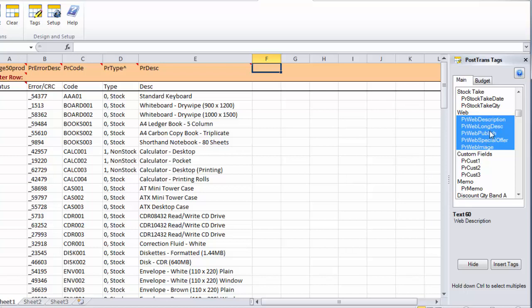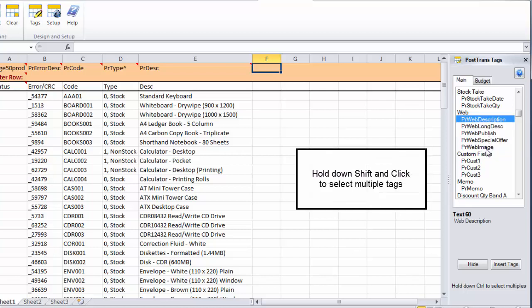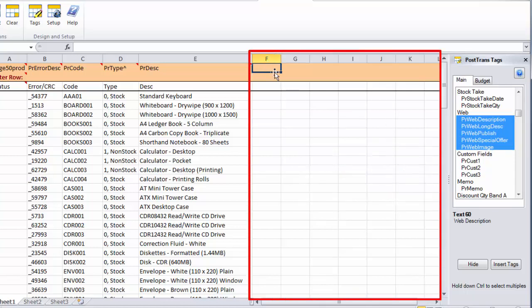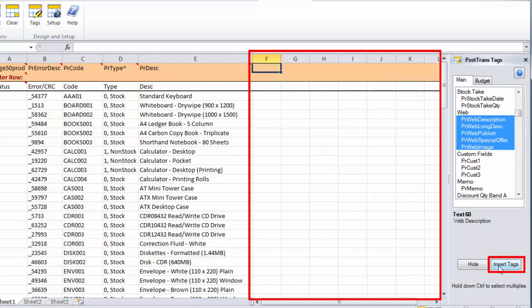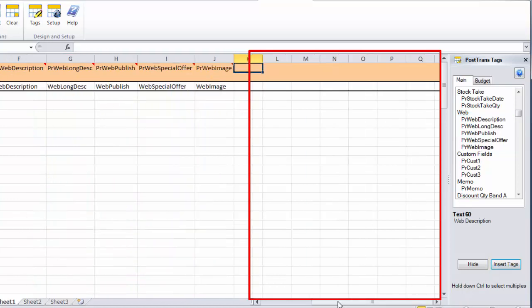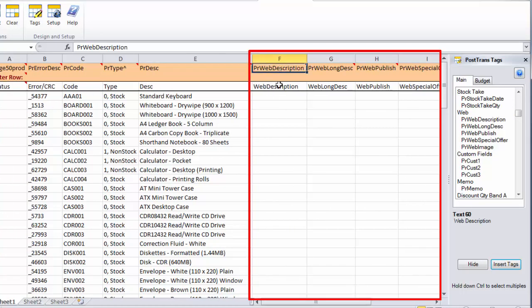So I've just selected them by holding down Shift and selecting a whole bunch of them. I've currently got the cursor at cell column F. If I moved it over here, then it would actually insert it between a few columns. It automatically inserts it. So I'm just going to press the insert tag. So now you can see it's just popped those new column headings or tags into row 1 along with the